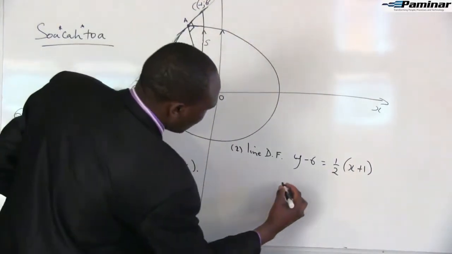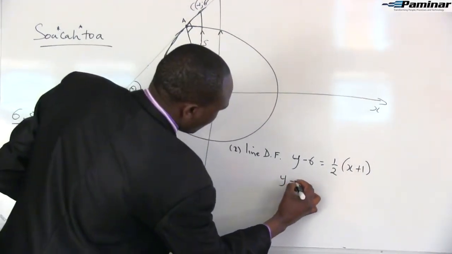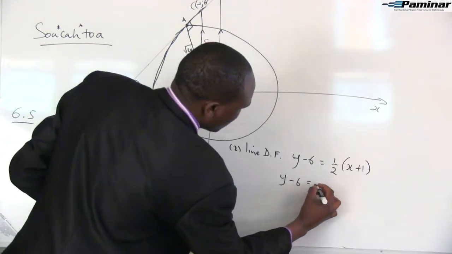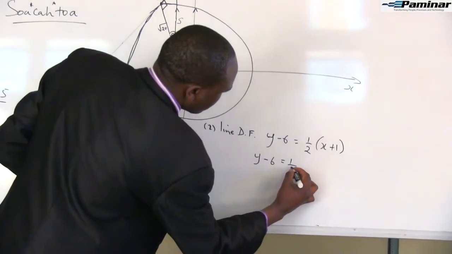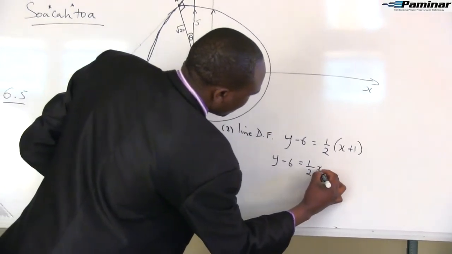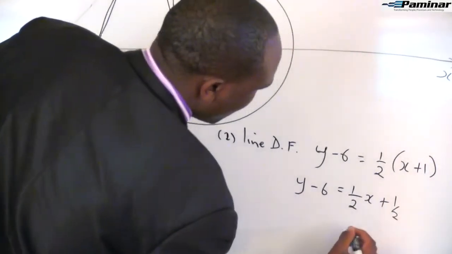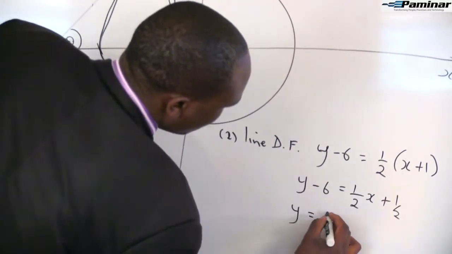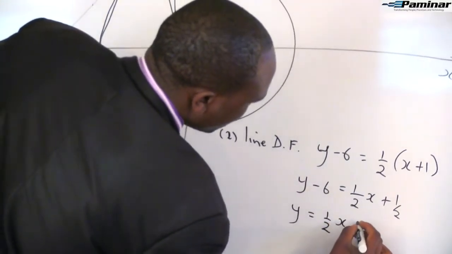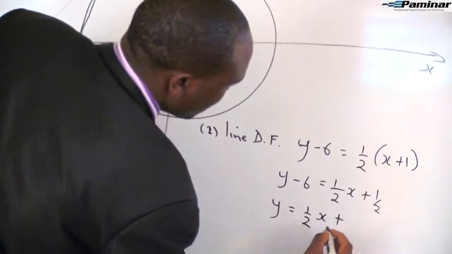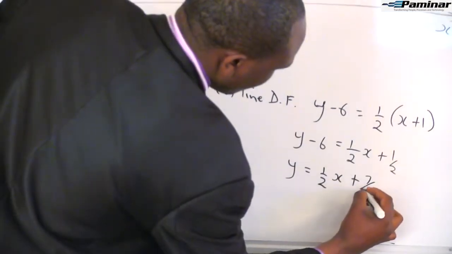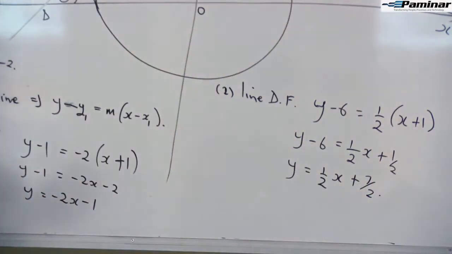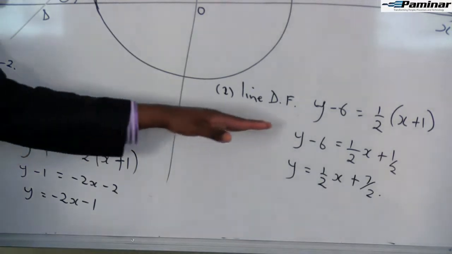Okay, so what are we going to get there? y minus 6 is equal to half x plus half, right? So y is equal to what? Half x plus 6 plus half, 7/2, right? So now we've got these two